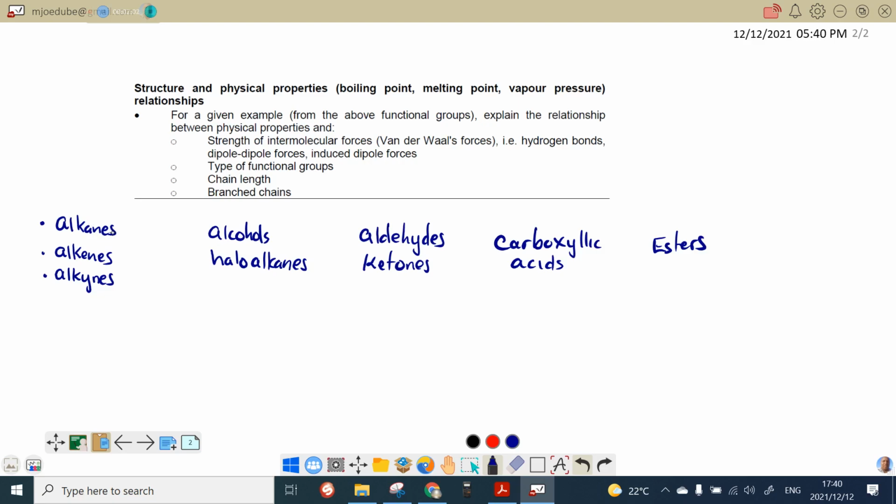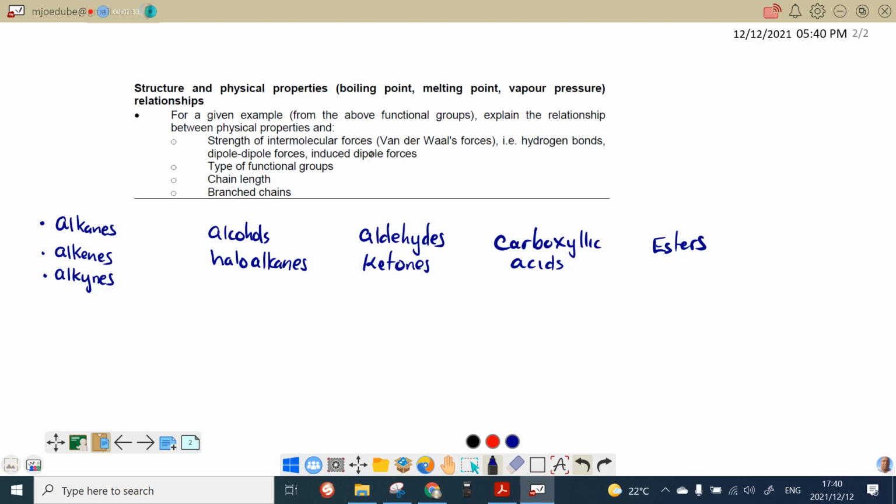In other words, if you take your alkanes, your alkenes, you can convert them into your alcohols, your haloalkanes, or thereafter you can convert your alcohols into your aldehydes and ketones, and thereafter you can get carboxylic acids, and subsequently you can get your esters. So these nine different functional groups that are there, we should be able to explain the relationship between physical properties